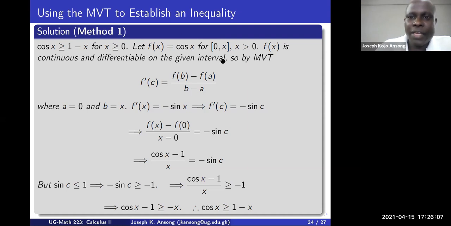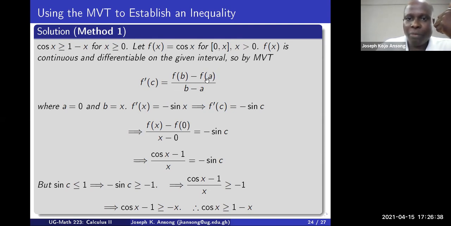We want to choose it such that it is continuous and differentiable, so that it satisfies the conditions of the MVT, the hypothesis. And we know cosine is continuous and differentiable, so that's good. So by MVT, there has to be some c in the interval between 0 and x such that f prime of c is equal to that. Good. Now, in this case, our interval is 0 to x. So the b here will be x and the a here is 0. So you plug them in here